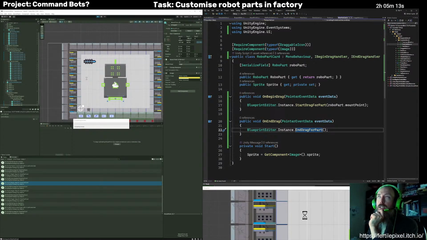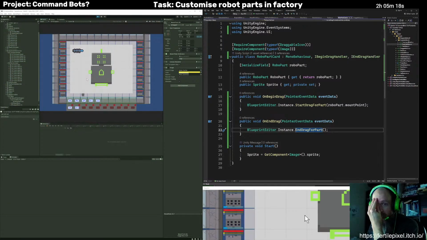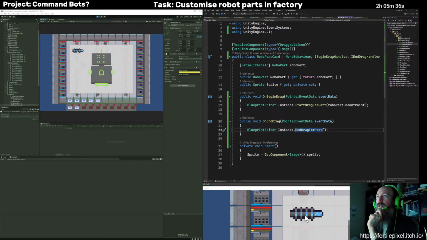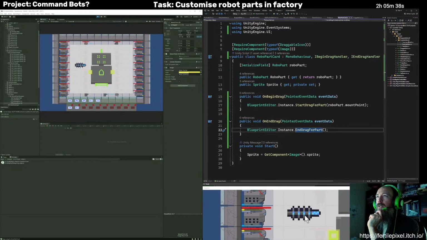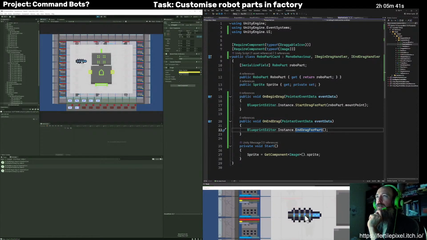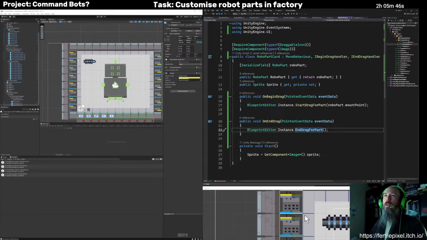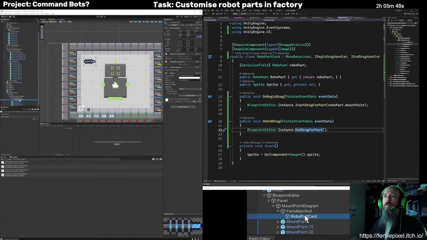Yeah, I guess it's essentially, I think it just uses reflection. So not the fastest. It would be more efficient to call the individual ones, I think, or use a different pub sub system of some sort. But for the purpose of this, I don't think it's going to have a sufficient performance impact to actually matter. All right, excellent. That seems to only be highlighting those two. But to really test it, I need to make like a legs of some sort.